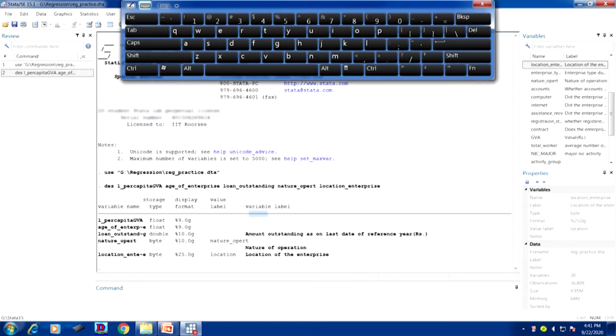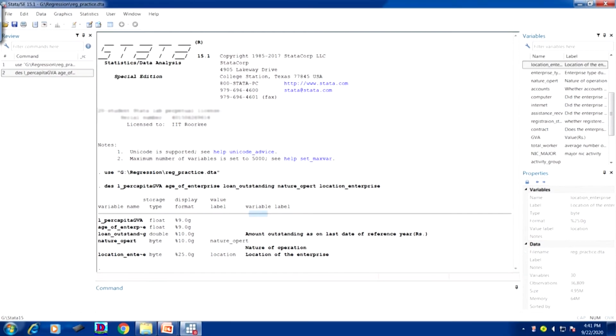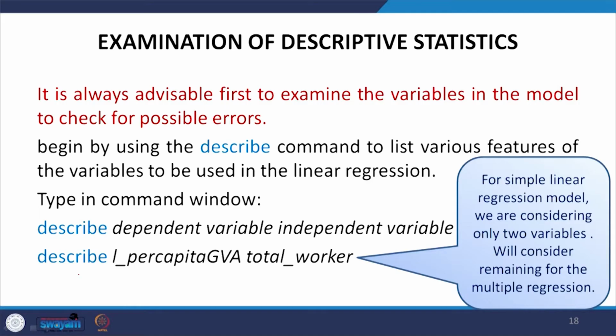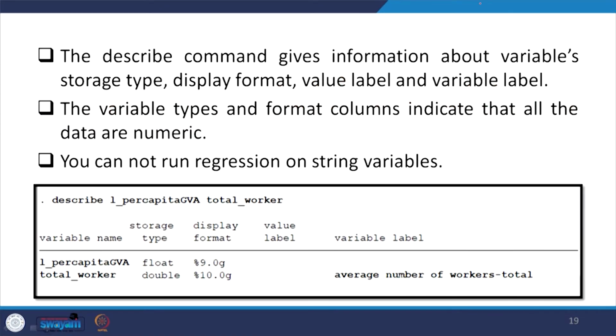Now, without wasting much time, these are very simple and I am quite sure you are able to do it. Okay. So, let me proceed. Now, if I do describe these two, one dependent variable and one, the total worker, I will get this type of picture which I have just shown you.